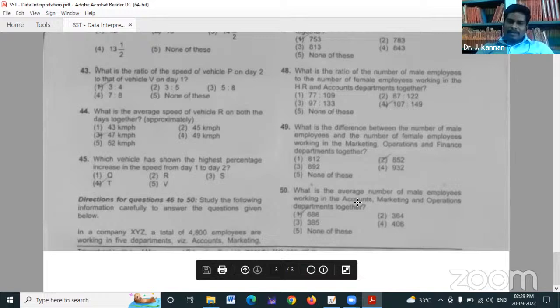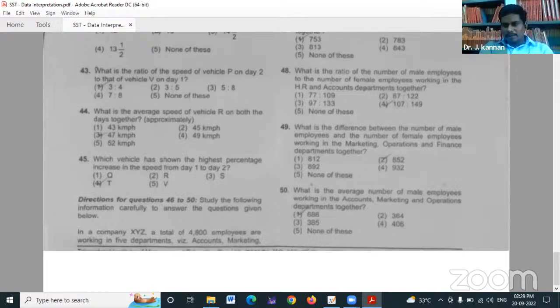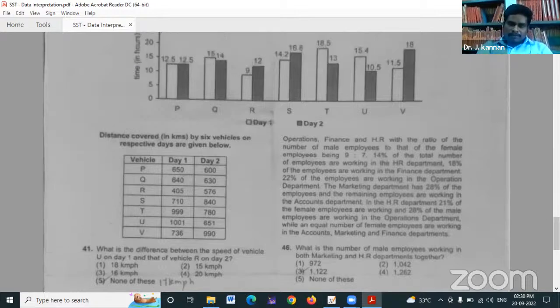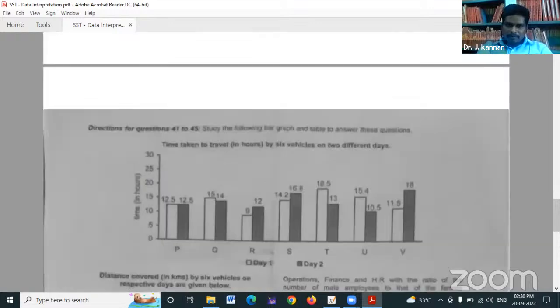So now we have seen how to find the answers to problems given in paragraph form. Next we find out the problems given by a bar graph. The data can be given only by a graph, such as a bar graph, paragraph wise, or a line graph. So next we move to the bar graph, the second type of problems.